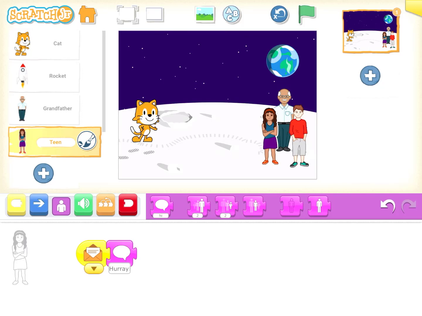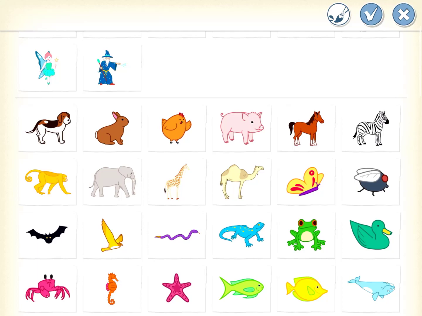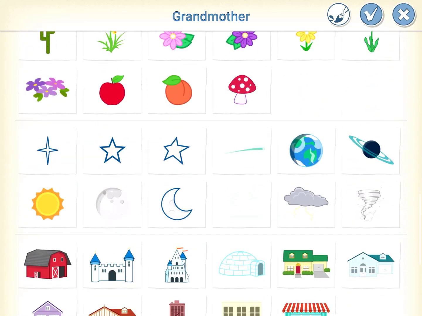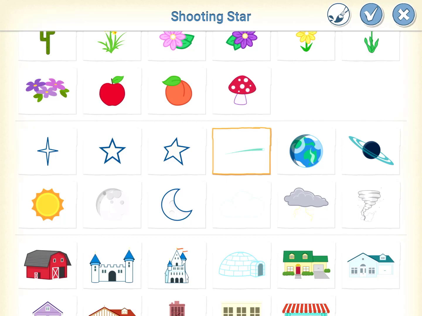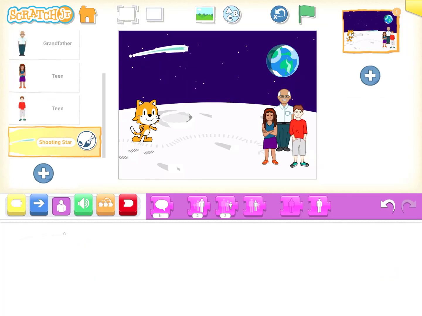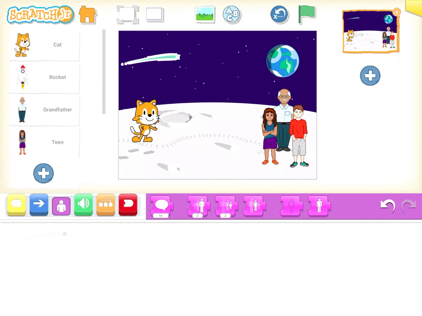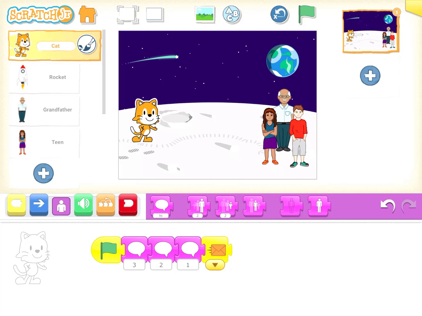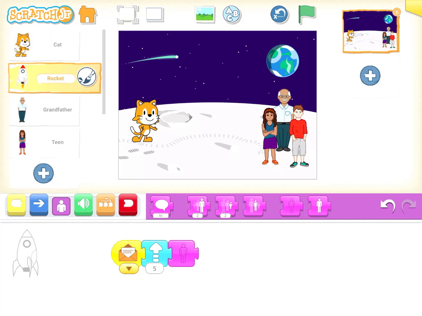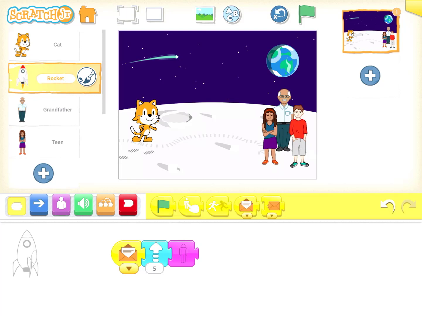Now there is another thing that we can do: maybe we add another character and send a different color message. So how can we use that? Let's say shooting star. We add that star, put it somewhere, let's say here. And then we go back to the cat, or maybe should we send the message from rocket? So after rocket is gone, we'll shoot the star. So after rocket disappears, we can send a message from here and we'll send a different color message. Maybe we'll send red.